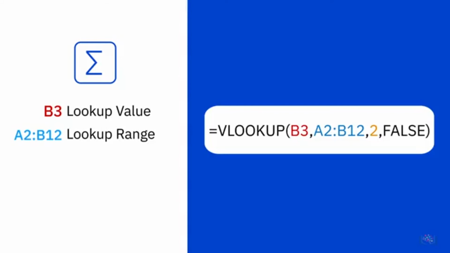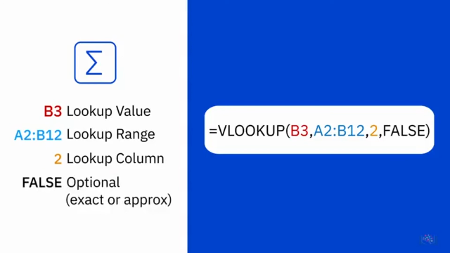The lookup table can be on the same worksheet or in another separate worksheet. 2 is the lookup column number, that is, the number of the column in the lookup table that contains the value you are looking for. In a formula, Excel references this as col_index_num. FALSE is an optional parameter that determines whether the match found has to be exact, denoted by FALSE, or